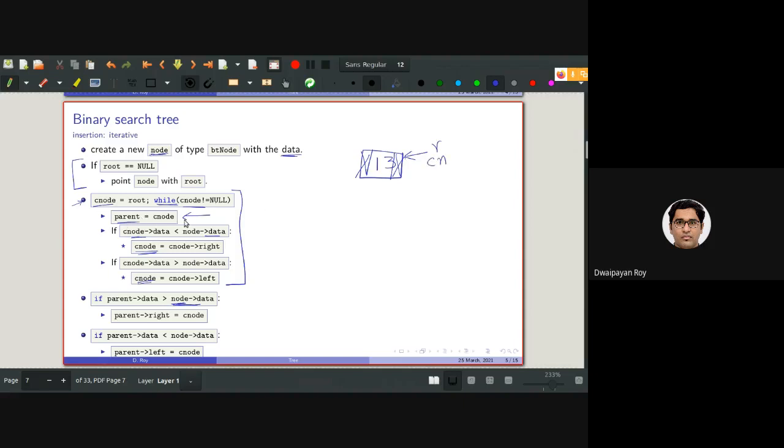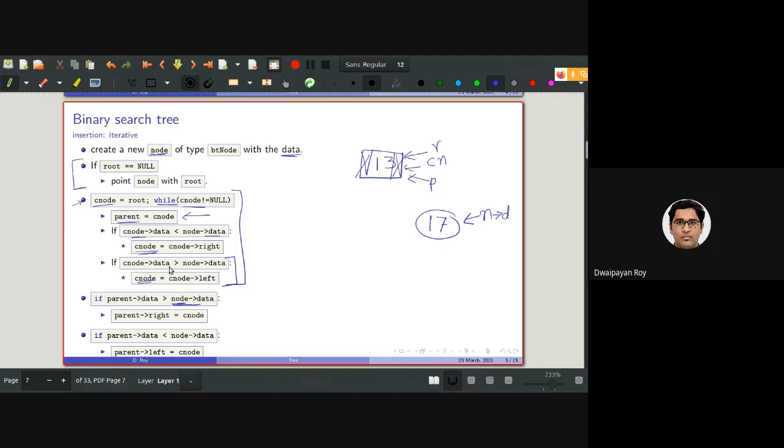I am storing parent, so parent is also set to here. Now C node data is 13 and the new data is 17. This is the C node data, and this is the new node data. C node data is 13. So basically, this condition is getting satisfied.